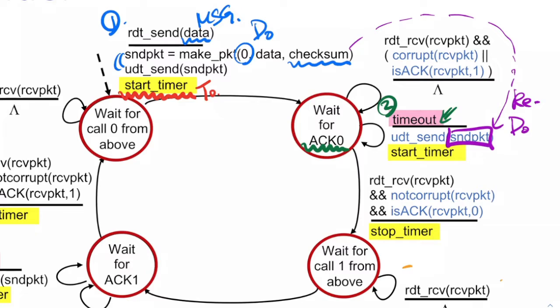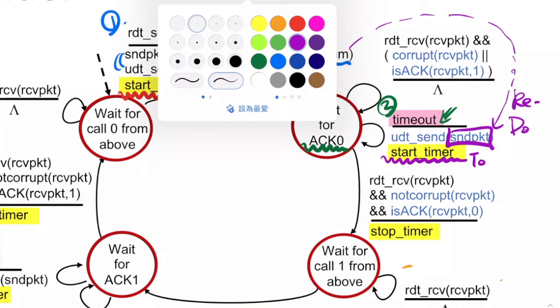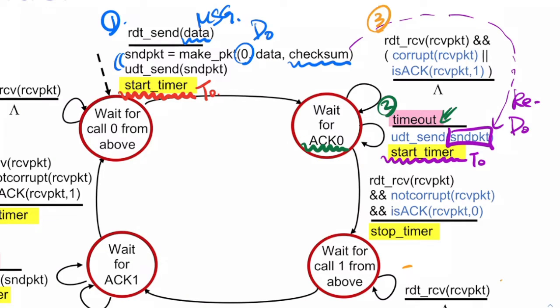D0 right here. And don't forget that since it is a retransmission, we still need to set up a timer for this retransmitted D0, which is the purple one. It's quite easy to understand. And then right here, we have step number 3. If we receive a packet, which should be an ACK packet from the receiver,